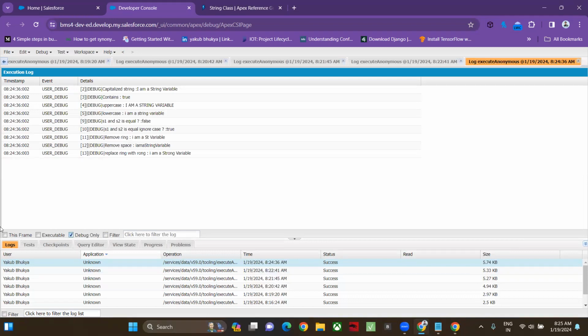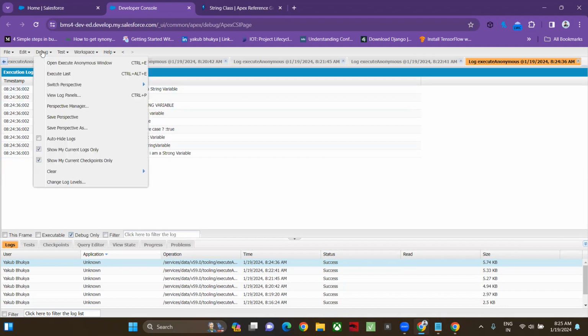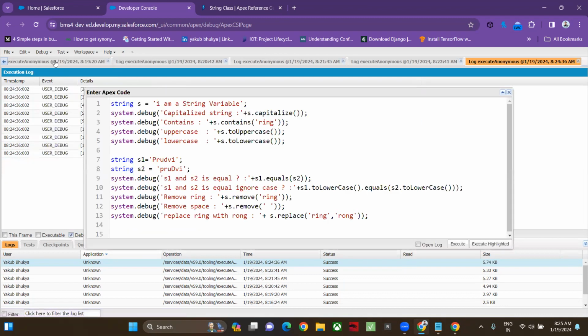You can see previously it was "I'm a string variable", now it becomes "I'm a strong variable". In this way you can replace any substring. Similarly, we'll have the split function. Split is a function which is used to split a string variable into a collection by taking help